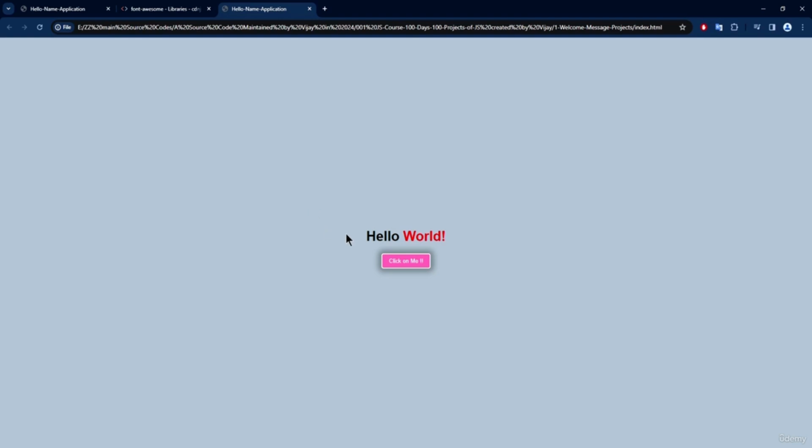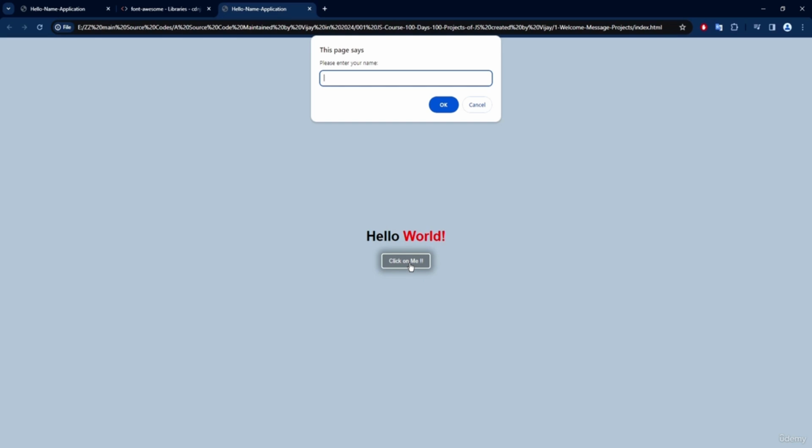You can see it's showing you the hello world text, which is the h1 element. And then you can see we have this button. On hovering over the button, it changes its color. If I click on this button, then you can see it asks you to enter your name